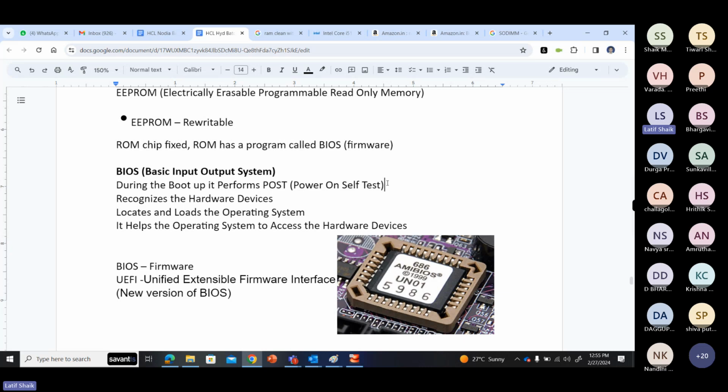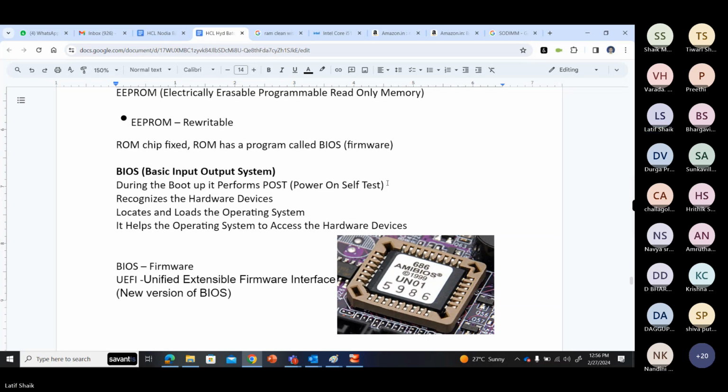Okay. You added a new RAM. Already 4 GB RAM is there. You add another 4 GB RAM and you start the PC. Your BIOS will detect that a new RAM is installed. You change your processor. BIOS will detect what processor is changed. You install a hard disk or SSD inside. Your BIOS will understand at boot time; it recognizes the hardware devices. So what will BIOS do? It helps to boot your system. Okay, it works with this POST kind of stuff